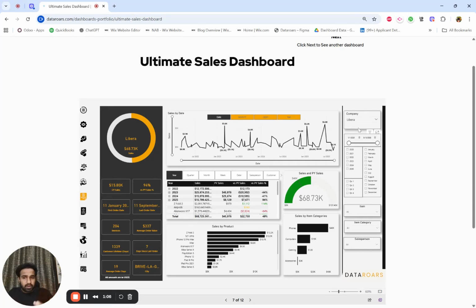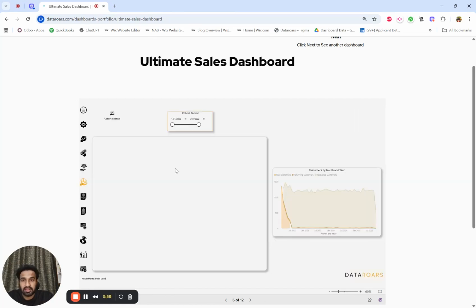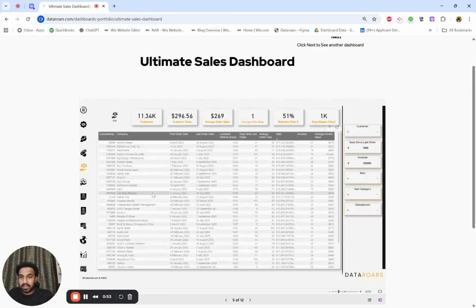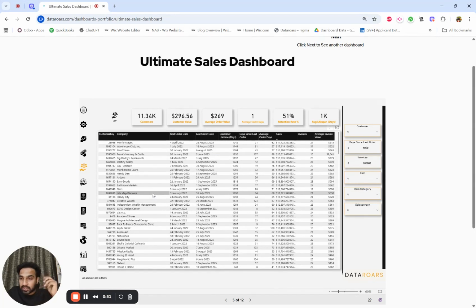So this is one of the cases I just wanted to talk about. There are so many cases, like so many tabs in this. There's customer lifetime value, the cohort charts. So lots to talk about in this. More than 110 KPIs. Almost any question you can think of from sales